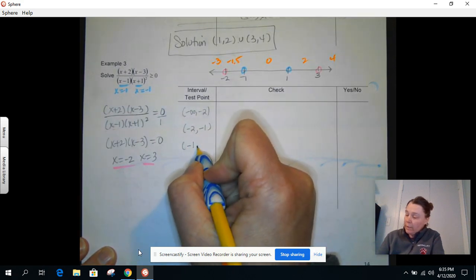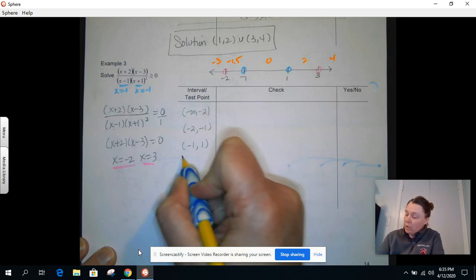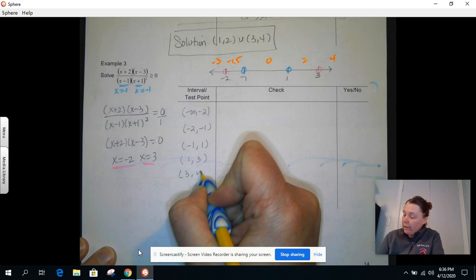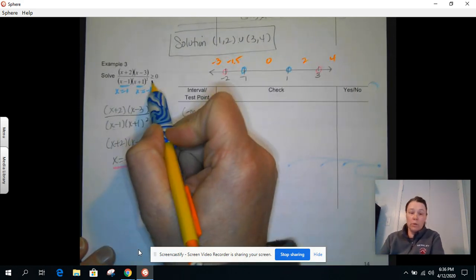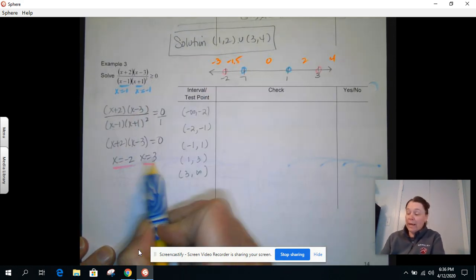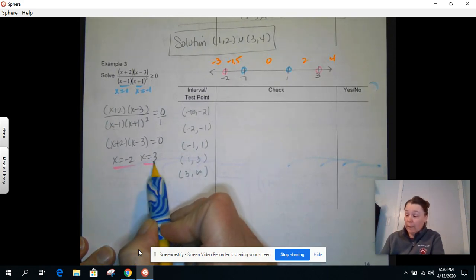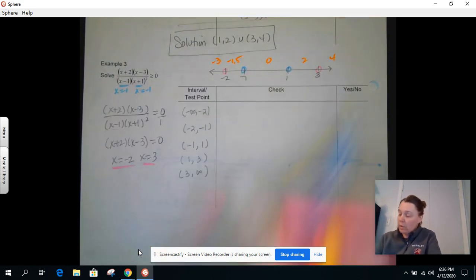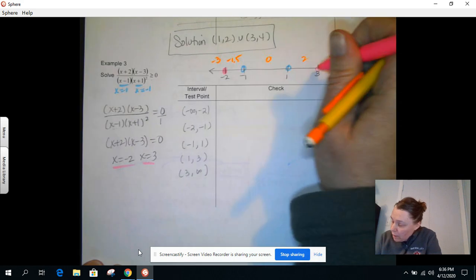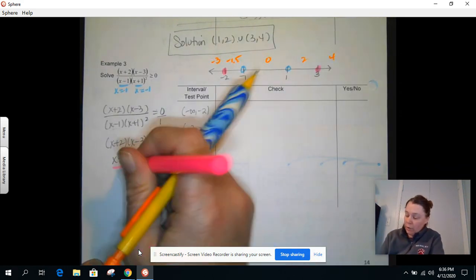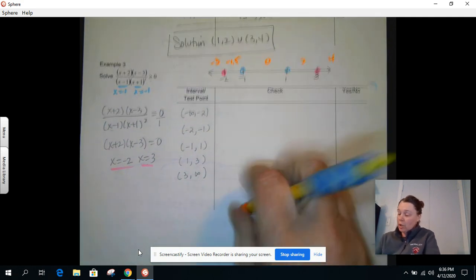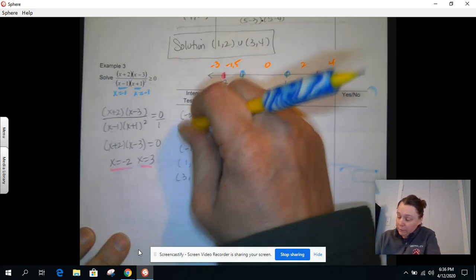Oh, I just realized something I screwed up. Maybe some of you did too. What did I say about when I have a greater than or equal to or less than or equal to? These make it exactly equal 0, so those can be included in my answer, and those should be closed circles. Glad I figured that out before I posted it. So these could equal it. These are going to be closed circles, and now that's going to change these to be